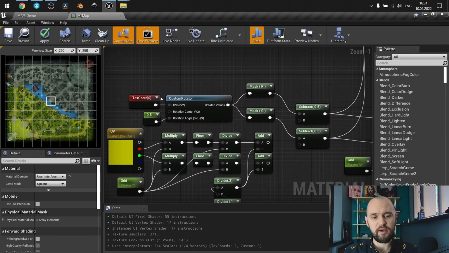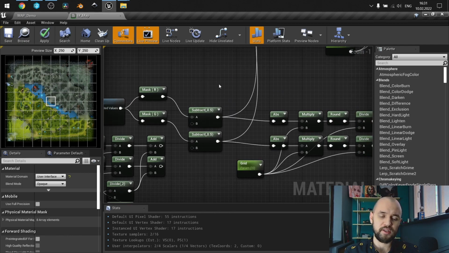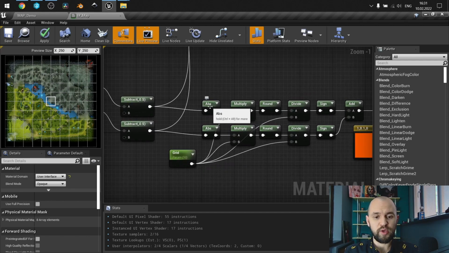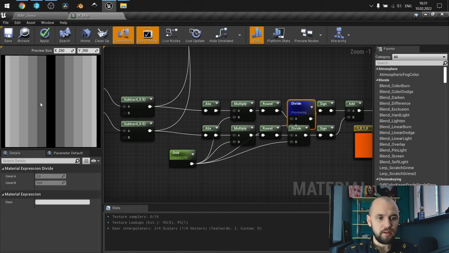So once we have texture coordinate, we subtract something to make the shift on the left or the right for each channel. Then we use abs or absolute. So that's how we can get, let me show you. We have this kind of gradient, and we can use this as the selection